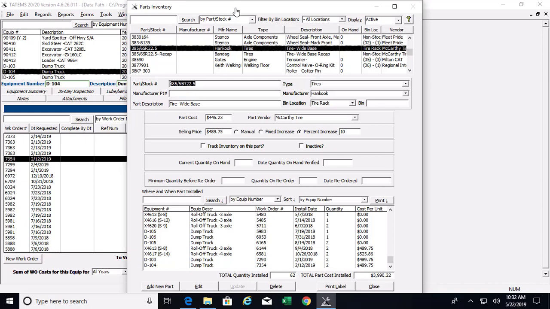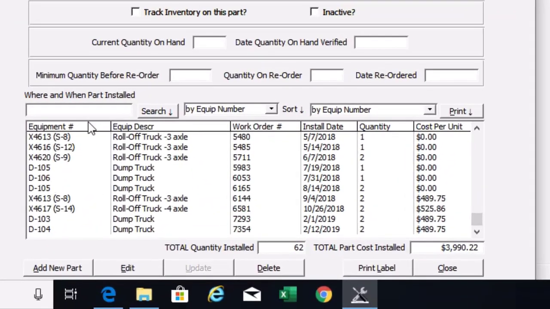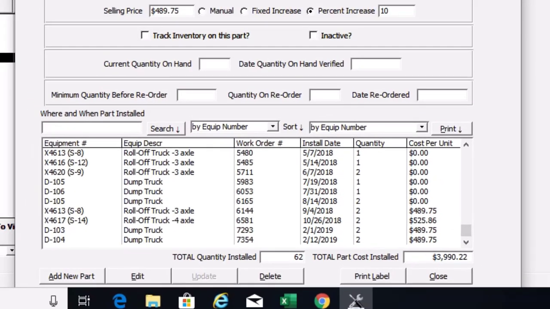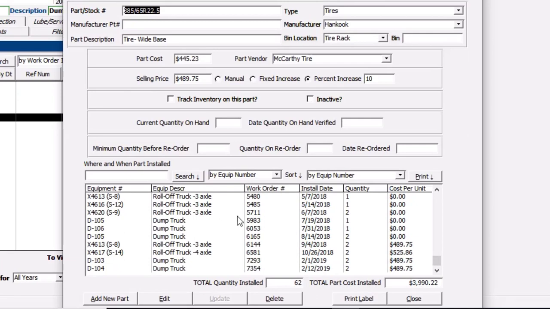I wanted to show you what we've done with the 4.6.26.011 update. Basically it's just two things. For the parts inventory screen, we've added the ability to edit a work order by double clicking from the where and when parts are used list down below here. You can see this particular customer has this tire installed on multiple vehicles. It looks like 62 total tires installed over a multitude of vehicles, and they've only put a price in on a